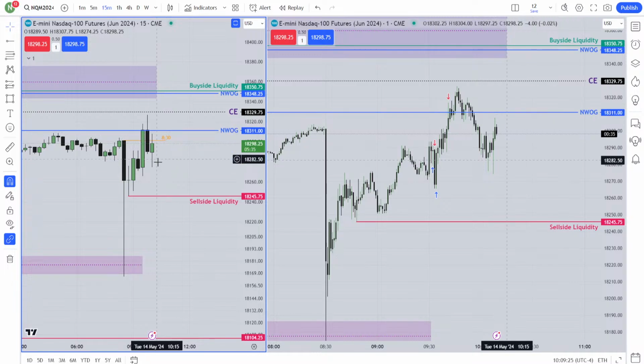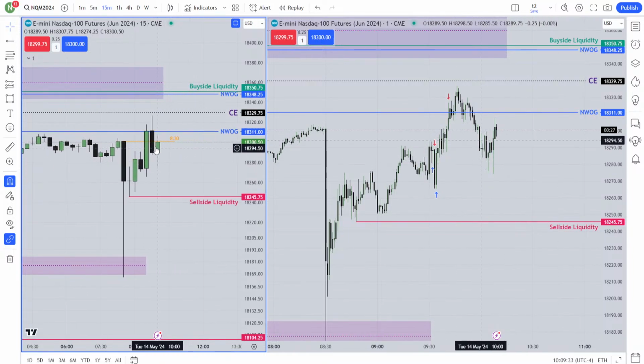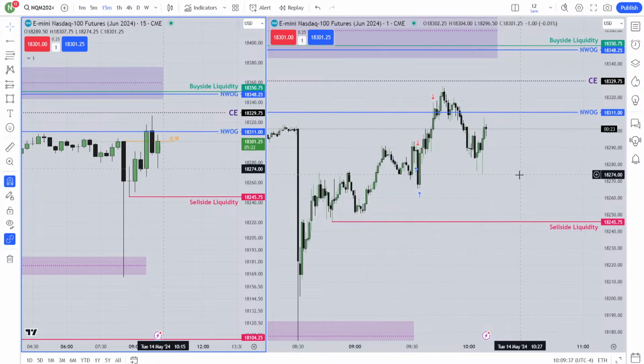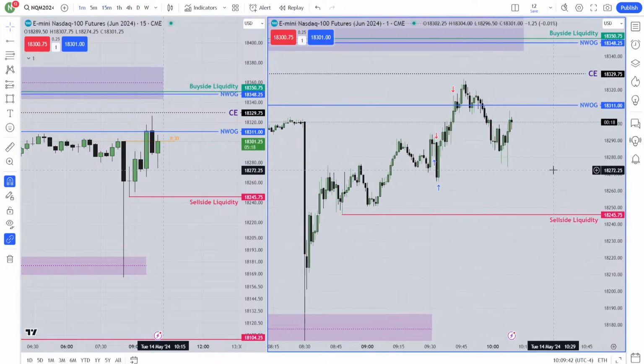Just look at this 15-minute candle. Be careful of that candle. If it is a very small body, what is going to happen? You know that better than me. If it is a very small body, big wick, then what is going to happen? You know better than me. So far, it looks like consolidation mode for me. But we will see.